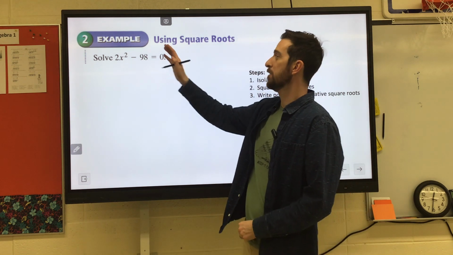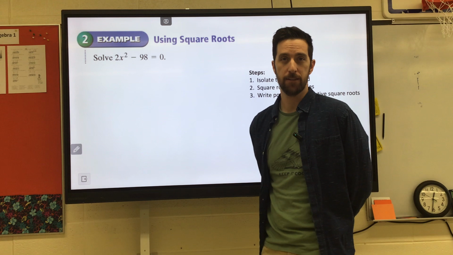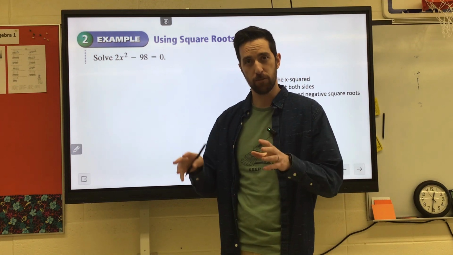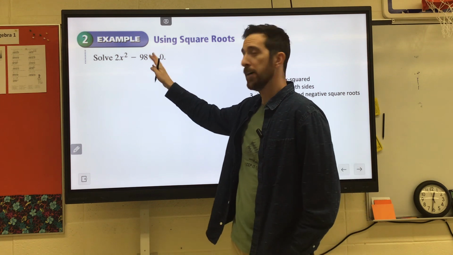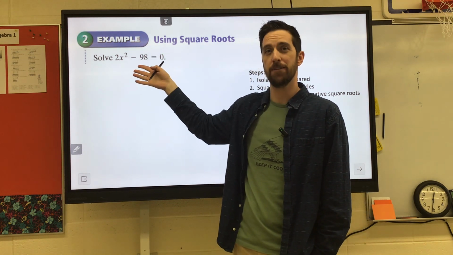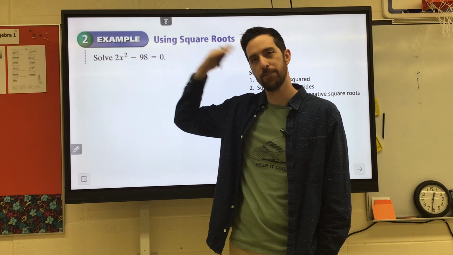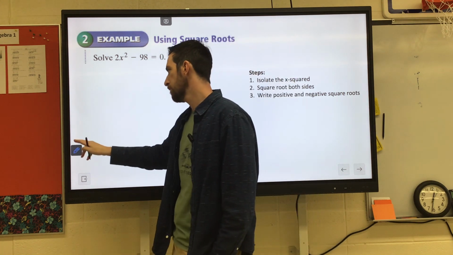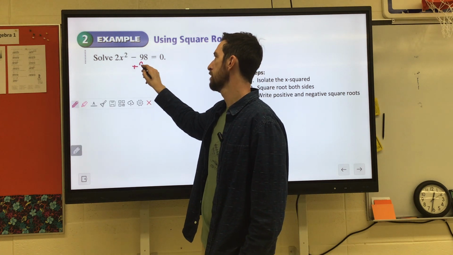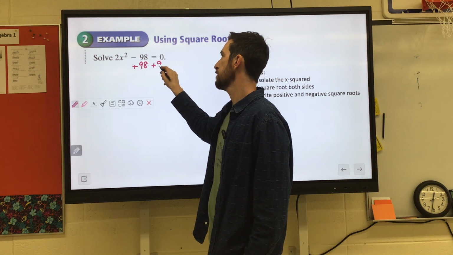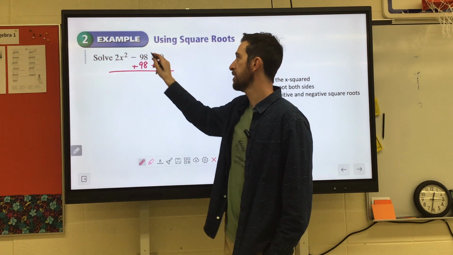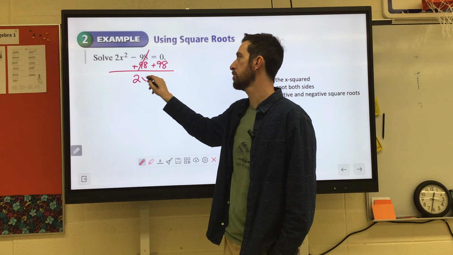So when we have something like 2x squared minus 98 equals 0, first thing we're going to do is isolate the x squared. Now, imagine that was just 2x minus 98 equals 0. First, you'd get rid of the minus 98. Opposite, plus 98. So we're going to do the same thing. We're going to add 98 first to both sides. These would cancel out, so we'd have 2x squared